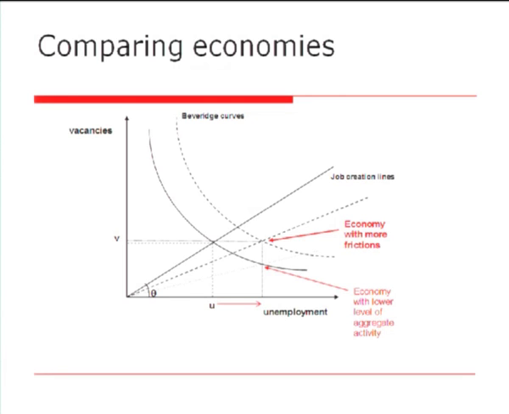Now, the first economy, the one that has more frictions, has the Beveridge Curve away from the origin, and it also has fewer job vacancies for each unemployed worker because firms expect to take longer to fill a vacancy. In the figure, the economy with more frictions is shown with the broken lines, which has the Beveridge Curve further away and the job creation line further down. With the bold red lines, you see the equilibrium point of an economy with more frictions.